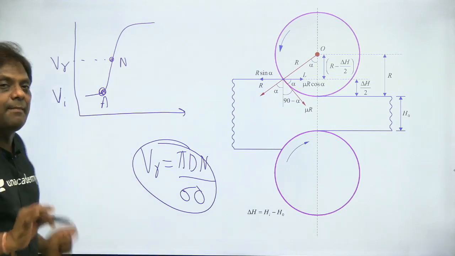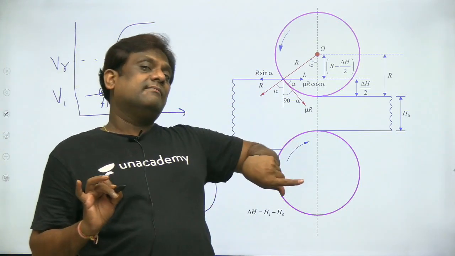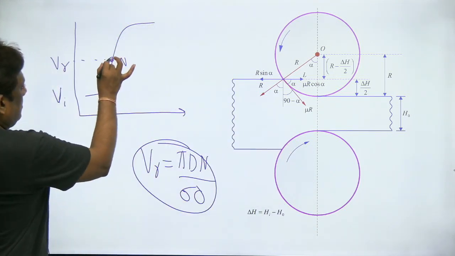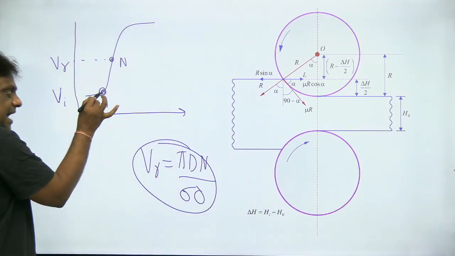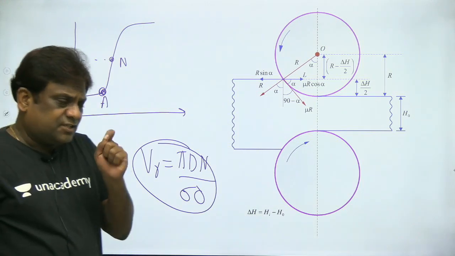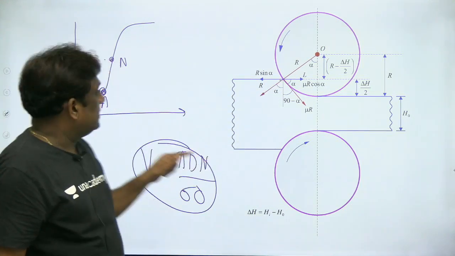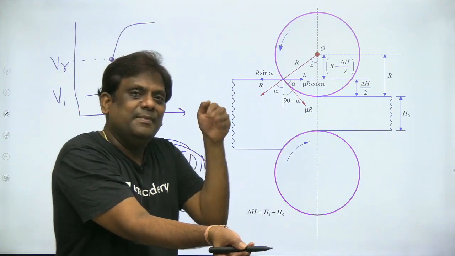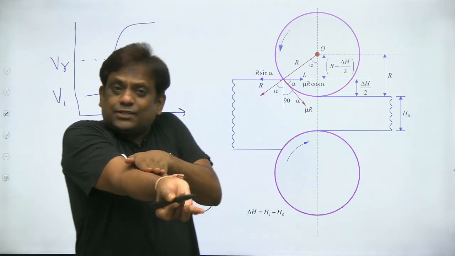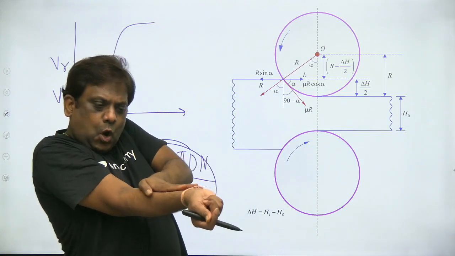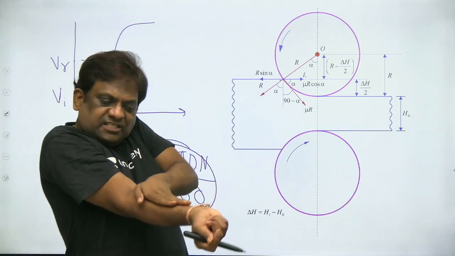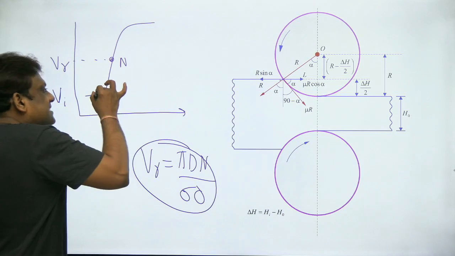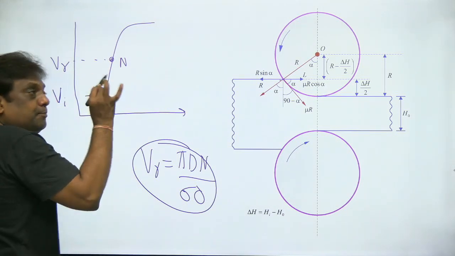Slip means the difference between the roller velocity and my component. The roller velocity is VR, and my component is this. So at this point, at point A, the entrance, the slip is maximum. When the slip is maximum, pressure will be minimum. When there is no slip, the only thing is normal force, which is maximum. It means as the slip is decreasing, see beautifully.